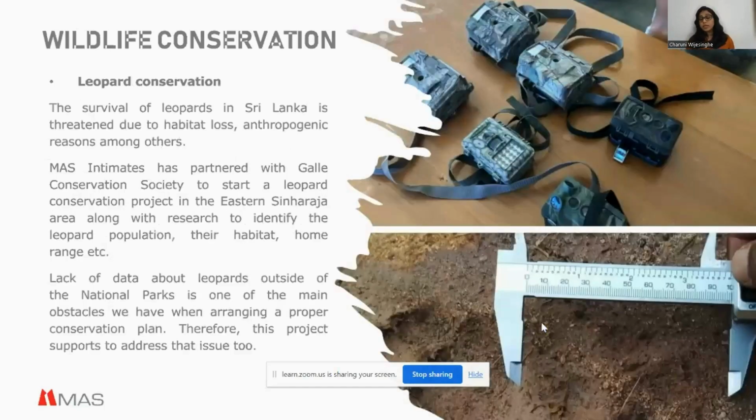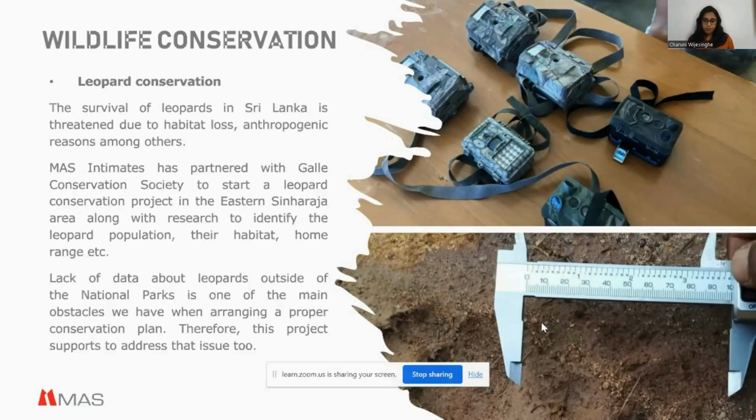This is the project that we recently started, the leopard conservation project. We are doing this in the Eastern Sinharaja area. We have noticed that the survival of leopards in Sri Lanka is threatened due to habitat loss, anthropogenic reasons, and different other reasons. We partnered with Wildlife Conservation Society to do this project. There is also a research component combined with it, because we have understood that the main obstacle in doing a better conservation project related to leopards is